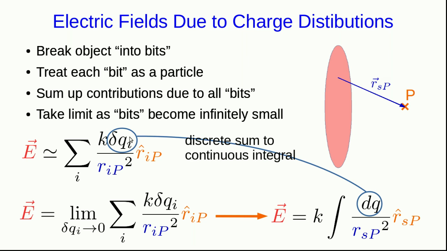But now we're going from a discrete sum where we can label each piece with a number to a continuous integral, and so those labels disappear. Delta q_i becomes dq, in other words, we're integrating with respect to q, and the i in the r is disappearing because we're now just talking about some continuously variable vector that can point from any point on the object